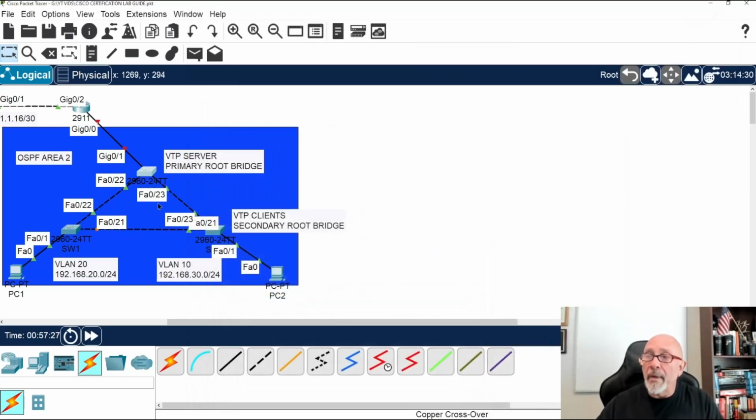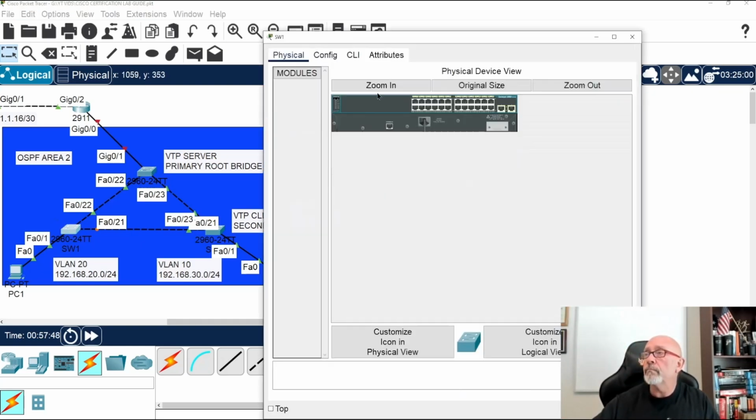All right, so we got that done. We did the spanning tree. That's the main spanning tree up there. We got the root primary, and then we have VTP set up. Tarzan is the domain. Mango is the password. We created the VLANs up there, and we trunked the appropriate ports. Awesome. So now I'm going to come down here.